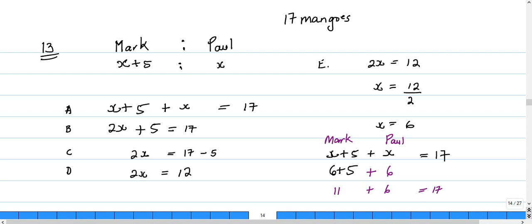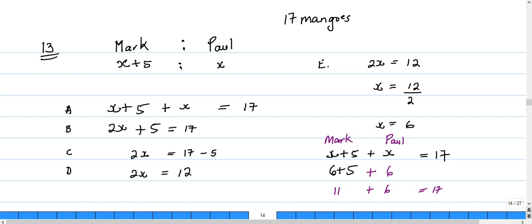Number 13 says, if 17 mangoes were shared between Mark and Paul so that Mark received 5 more than Paul, how many mangoes would Paul receive? Let me read that again. So if 17 mangoes were shared between Mark and Paul so that Mark received 5 more than Paul, how many